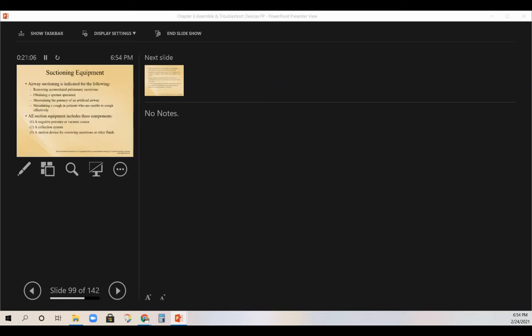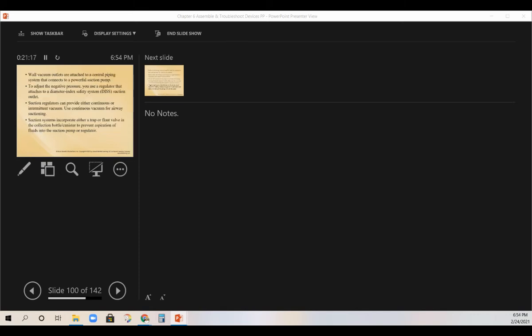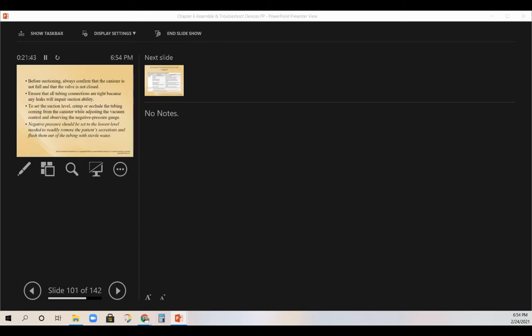Suction equipment. It's for secretions, sputum, specimens, and patency. It's always negative pressure, with a vacuum source and a collection system. You need a suction device for removing secretions. The wall system is central piping, and to adjust negative pressure, it attaches to the disc suction. Regulators can provide either continuous or intermittent vacuum, and incorporate either a trap or float valve in the collection bottle canister. Before suction, always confirm that the canister is not full, because if the canister is full, it's